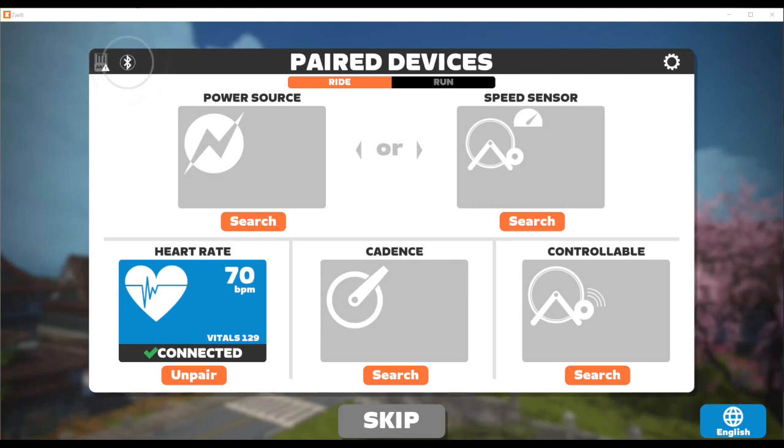In controlling the smart trainer, it will adjust the resistance based on an incline or elevation to simulate you going uphill. That's where the controllable connection would take place here.